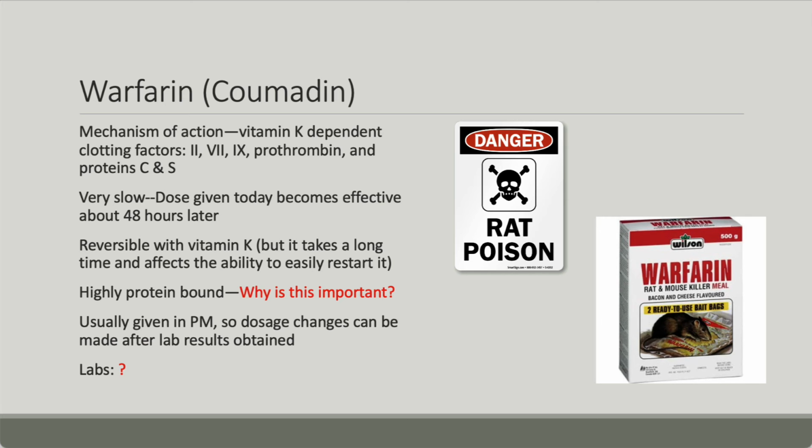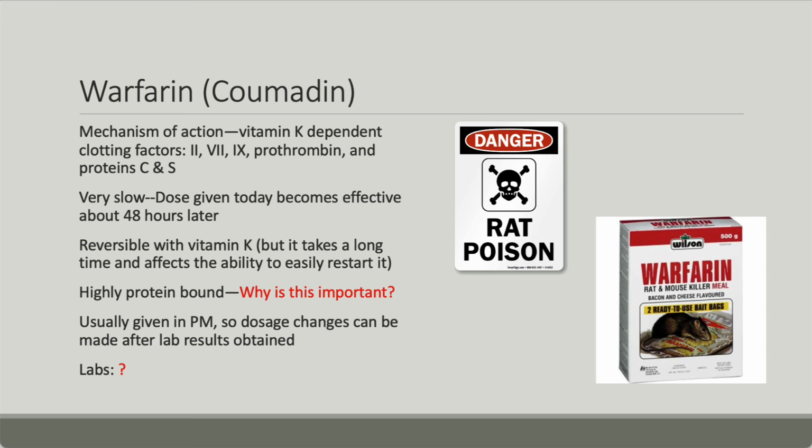And the lab test that we use for warfarin is the ProTime. Well, it used to be the ProTime, but now we use something called the INR. They're run together. You get the INR from the ProTime, but the INR is the International Normalized Ratio. And all that means is that when you have the blood drawn at lab A, the INR result is the same at lab A as it is at lab B.